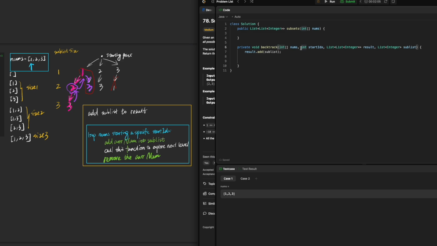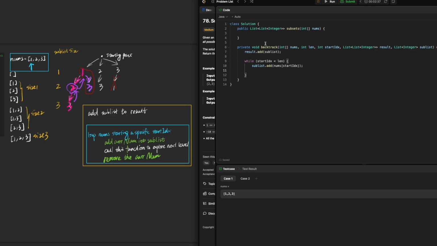So to reduce calculation, we just pass the length of the numbers. And now it's while the start index is still less than the length, we can start to add our numbers to our sublist. Add these numbers, start index,